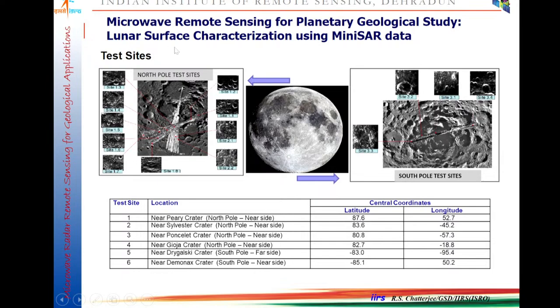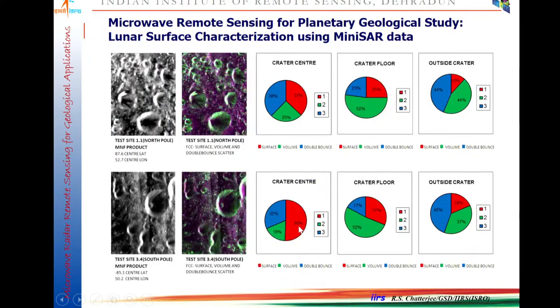we study mostly using the Chandrayaan-1 Mini-SAR and the Chandrayaan-2 dual frequency SAR. Okay, so here you see in the case of Mini-SAR, this is the North Pole and South Pole. We have studied a number of test sites. Okay, and now the purpose is to understand what the scattering processes are, what scattering is happening inside the crater, at the center of the crater, on the background where the regolith occurs. And we have studied how much surface scattering is taking place, how much volume scattering is taking place,